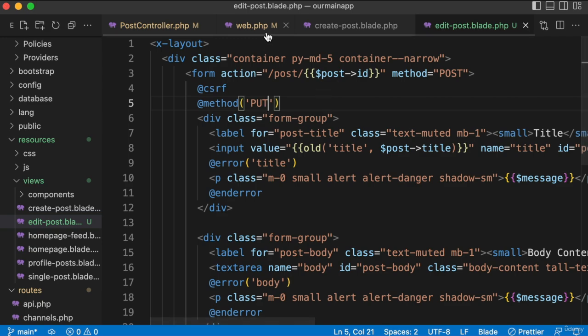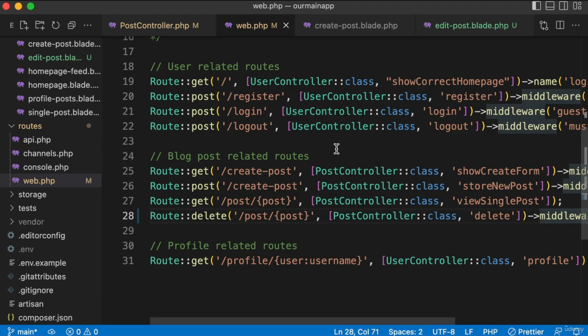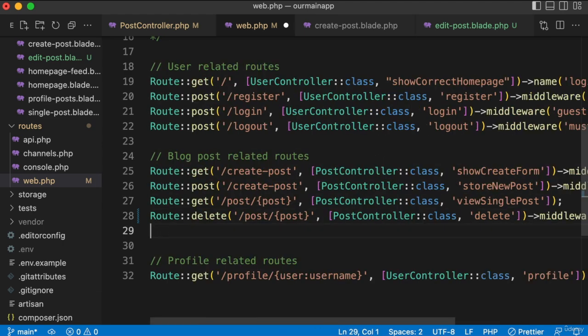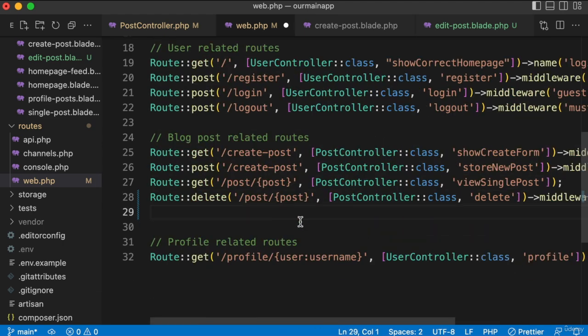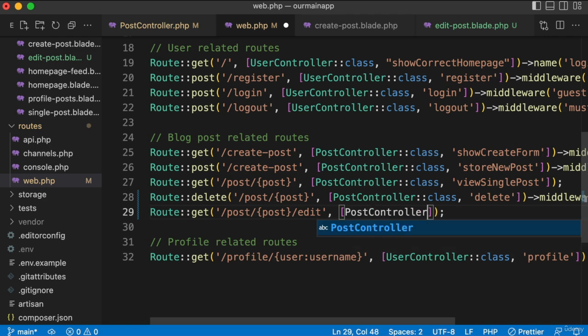And now let's go into our routes file and let's add 2 brand new routes for blog posts. So first, let's add the route that lets you view the edit form. So that would be Route::get, right? You're just viewing the form. So it would be quotes /post/ curly brackets post, but then /edit, right? So it's the same URL as viewing a post, but if you tack on a /edit at the end, it should take you to the edit form, comma, and then just an array, PostController::class,